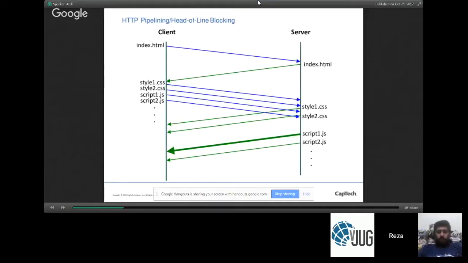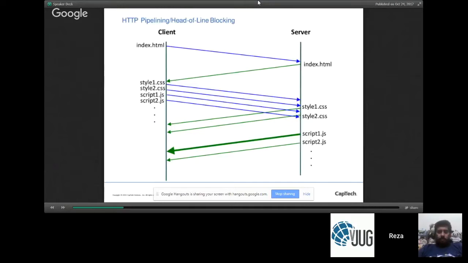So this is a good example in this graphic that I have here. Let's assume that we're supposed to serve up these requests in the sequence we receive them. So we serve up style 1 and style 2. Well, guess what? Script 1 is a very heavyweight resource, and it will take significantly longer to load than any of the other resources.